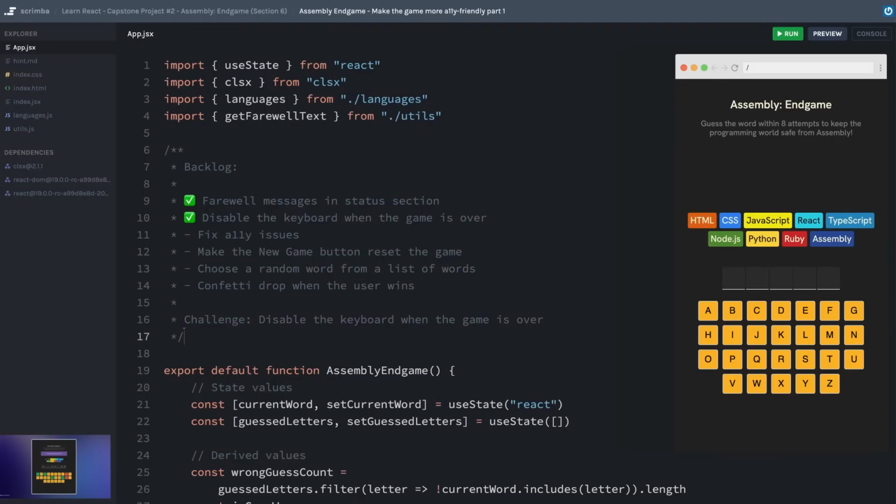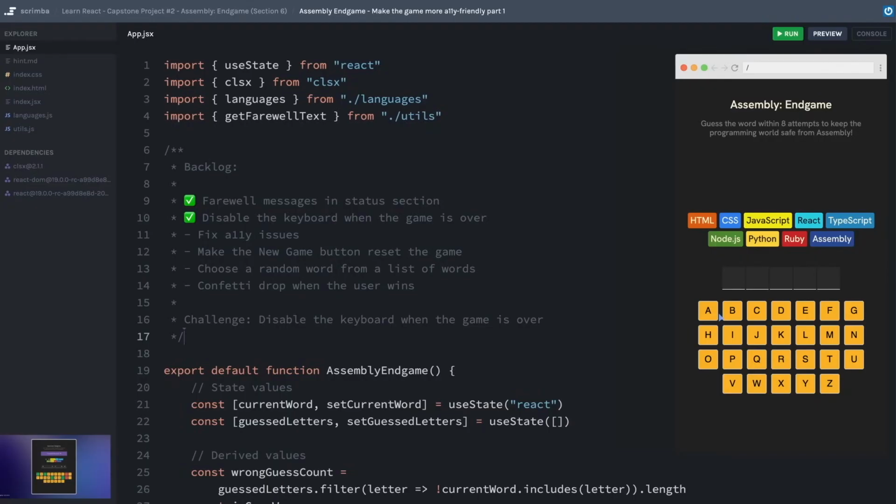One thing that's really important to do as you're building your app is to try and keep accessibility in mind, specifically when you're choosing what elements to put on the page. For example, we made sure to make every one of the keys in the keyboard a button element because we get quite a bit of accessibility benefits for free by using a semantically correct button element instead of, for example, just making this a div that is clickable. Buttons automatically come with their own focused state, the ability to tab through them, and you can make divs accessible, but you just have to do a lot more work to get that done.